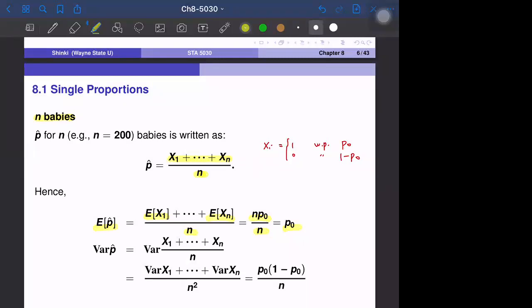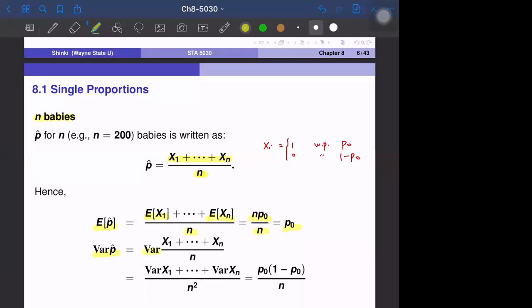If we have a larger sample size, the result is stable. If the true probability is 50% and we only have 5 babies, 5 observations, sometimes all babies are male or all babies are female. But if we have 500 observations, probably the numbers are close. For example, maybe we have 260 out of 500 male, or maybe 238 male out of the 500. So it's not 0 or 500. So it should be more stable.